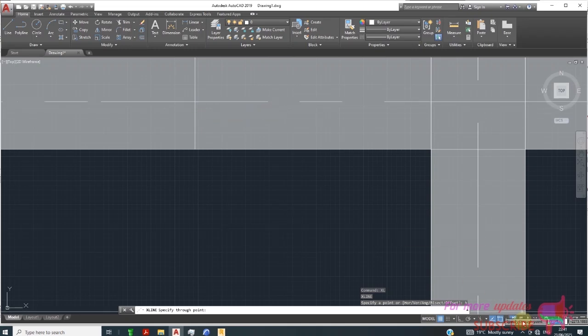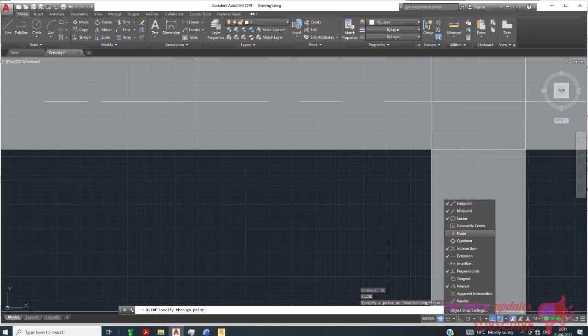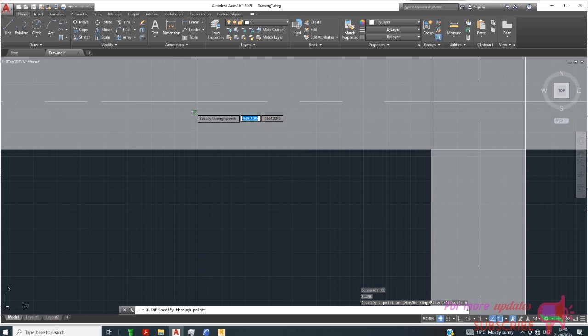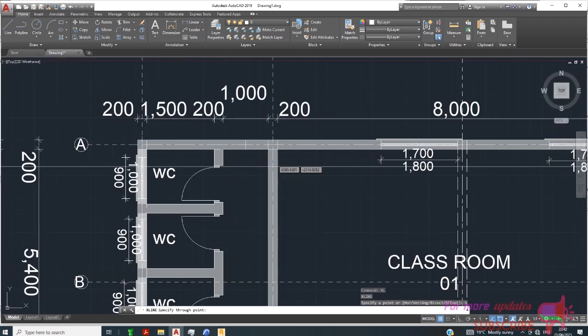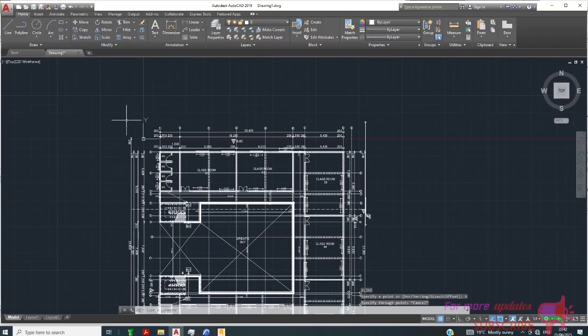Then I can just use the line command, then at that midpoint. If I go to midpoint is checked, I'm looking for this midpoint. So you can see that is my midpoint, okay? That is still the midpoint. So you'll do that for each wall, then you can trim your lines, then you use those lines as grid lines, and then you can change the linetype to grid line etc. So luckily the architect has done the grid lines for us, so there's no need to repeat the whole process. We need just to check the